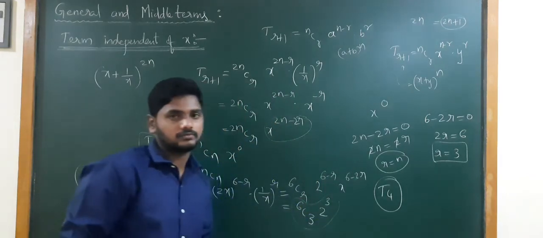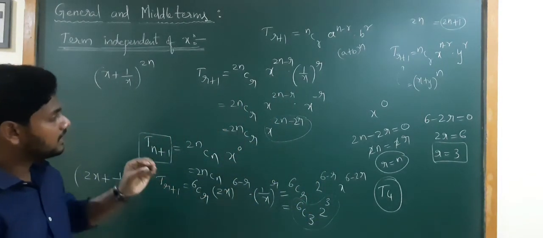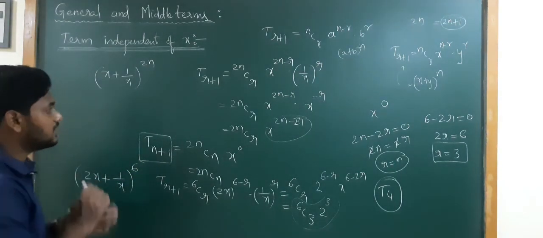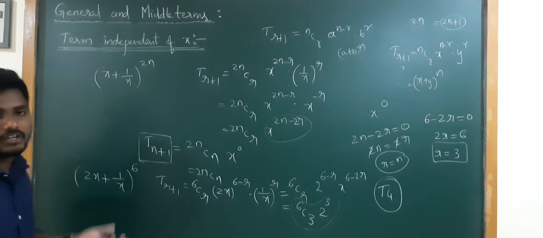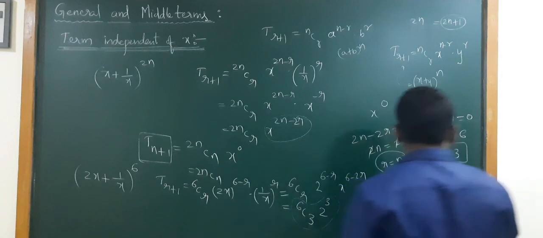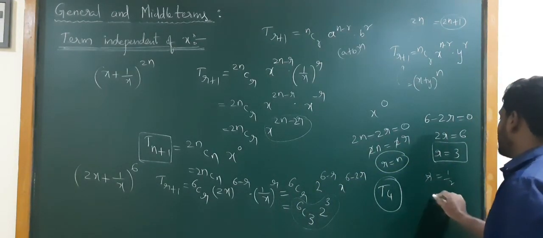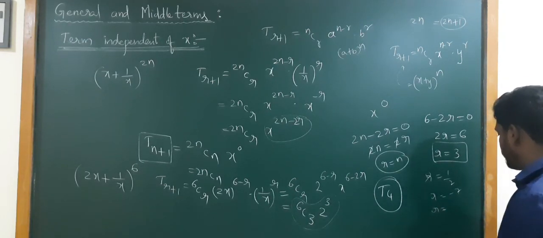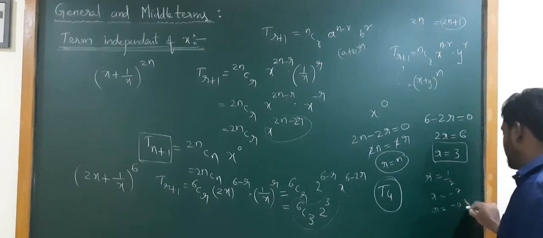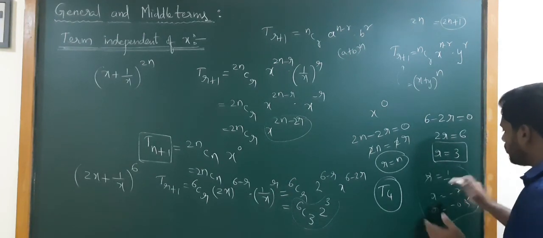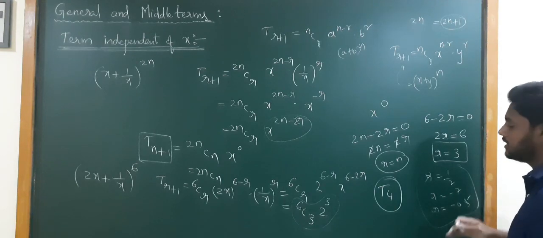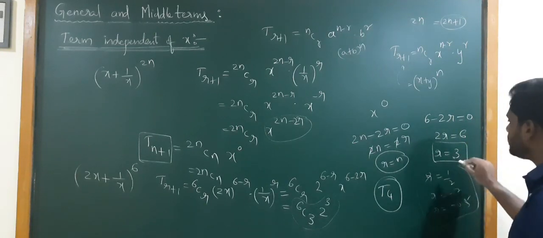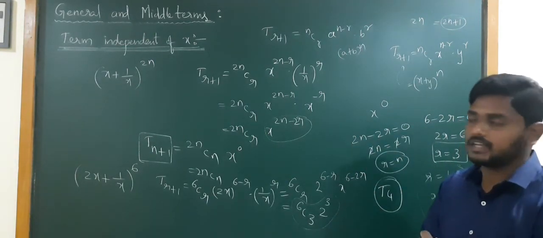See here, for any expansion you won't necessarily get a term independent of x. For example, in some expansions, in each and every term x will be there. In those cases, we will get an r value like 1 by 2, r value minus 7, or r value minus 0.5, negative numbers, fractional numbers like that. If we get like that, we cannot find which term. If you get proper values, then only we get a term independent of x.